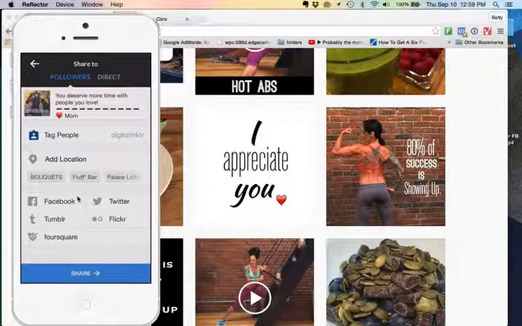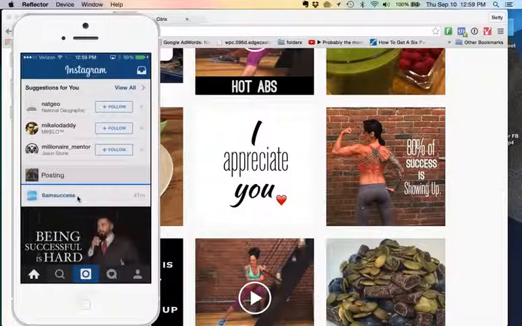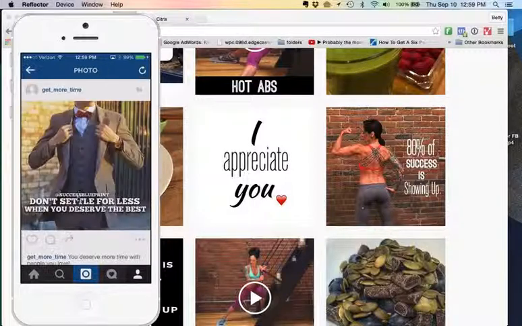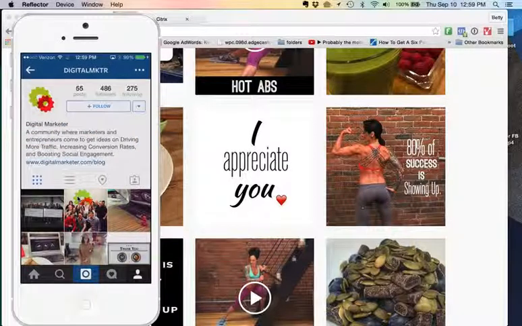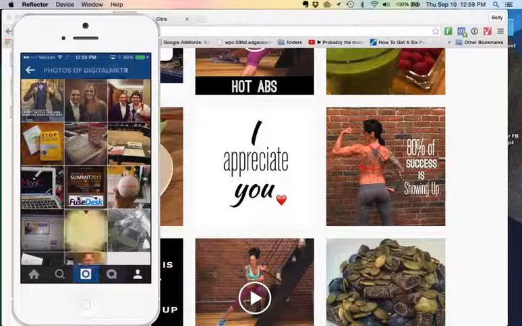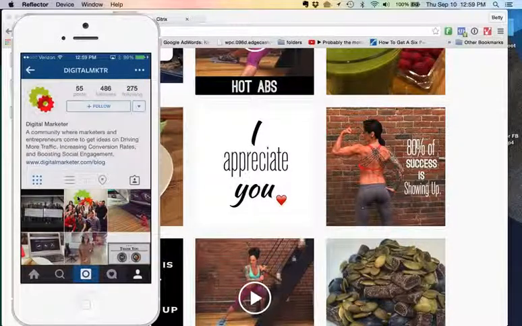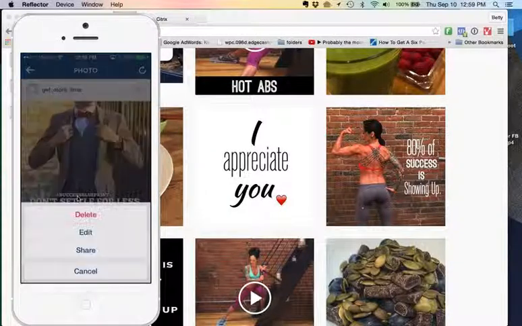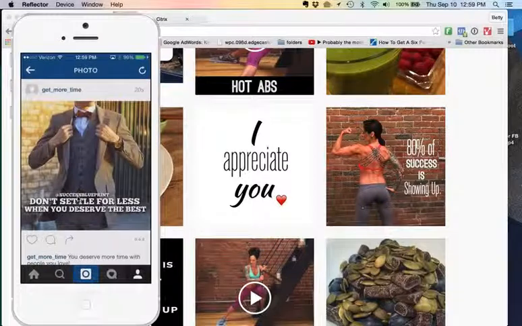Okay, so now we're just going to click share. That's going to go up on this demo feed. And what's cool about this, if I've tagged someone, people who are seeing that can go right to that person's feed. And I can also click this little, did you guys see what button I clicked? The one on the far right, the little guy image. I'm holding my finger on it. Now, DM has the ability to actually look at the picture that they've seen, and they can remove themselves from that. They can remove, if they don't want to be tagged by this person,